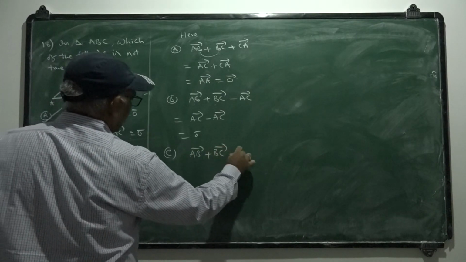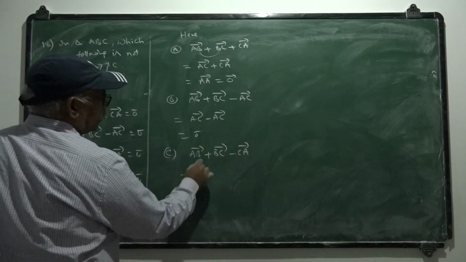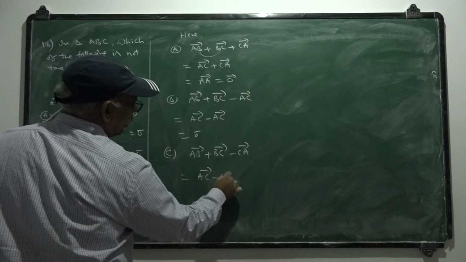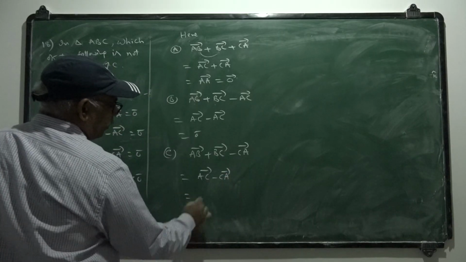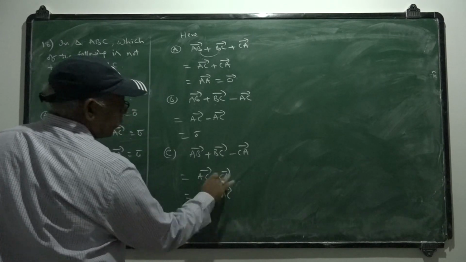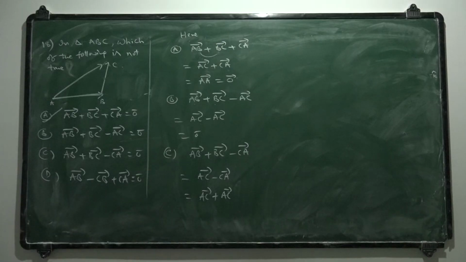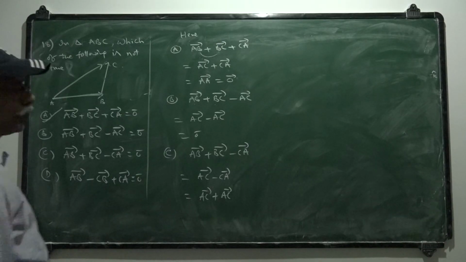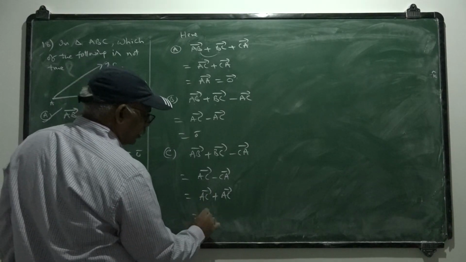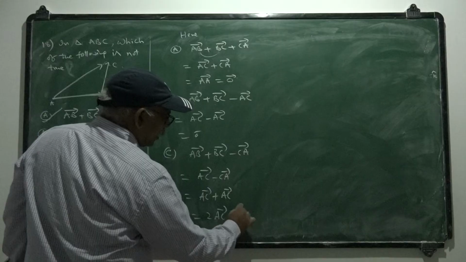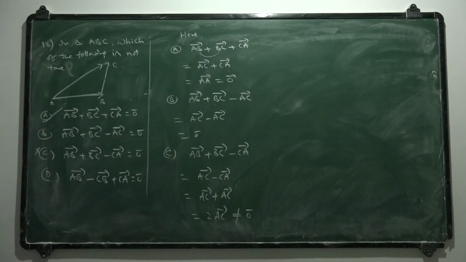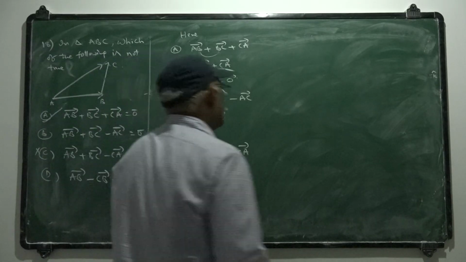The third one is AB bar plus BC bar minus CA bar. From these two, we get AC bar. This is minus CA bar, but it can be written as AC bar plus AC bar itself. On reversing the positions of tail and head of this vector, the minus becomes plus. So plus AC bar, which is nothing but twice AC bar. It is not equal to 0 bar. Hence it does not follow. C does not follow. Similarly, coming to D.